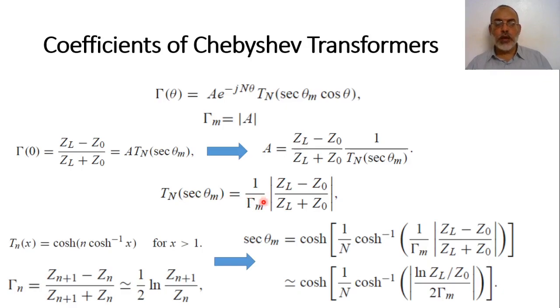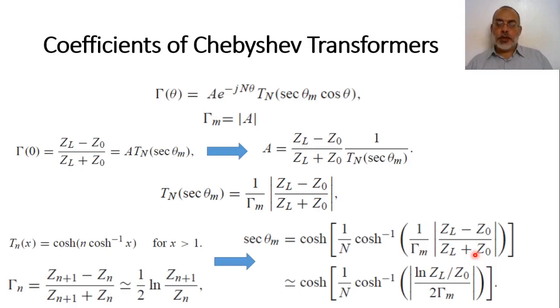In this way, we can say that sec theta maximum, or 1 over cosine theta maximum, equals cosine of 1 over n cosine minus 1 of this value, 1 over gamma m multiplied by the magnitude of z load minus z naught over z load plus z naught,